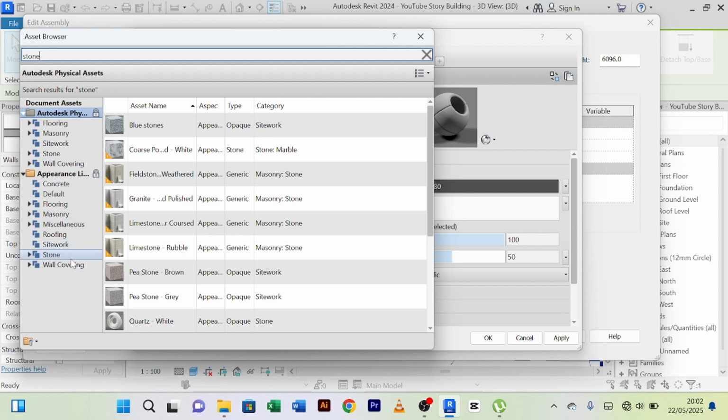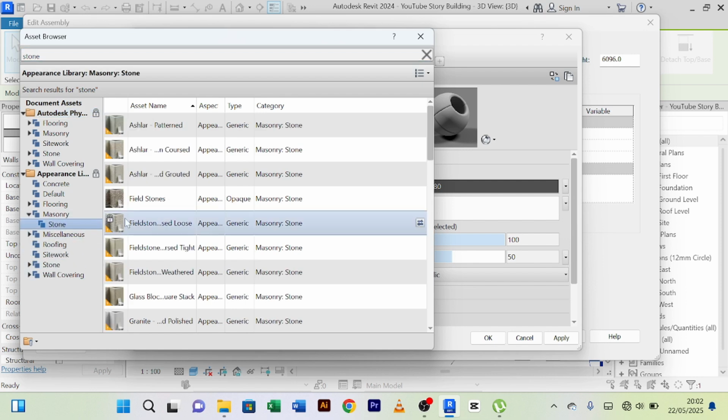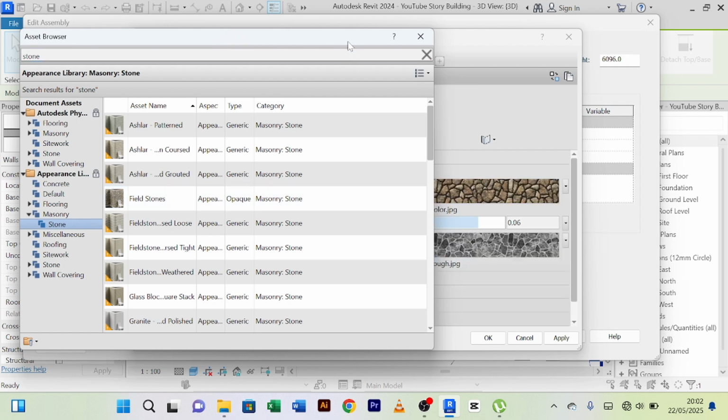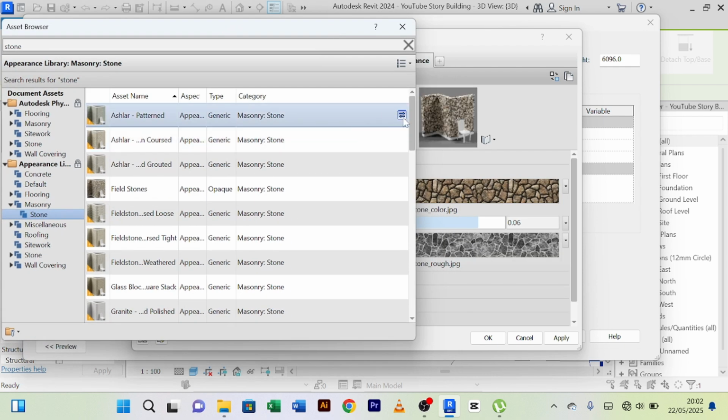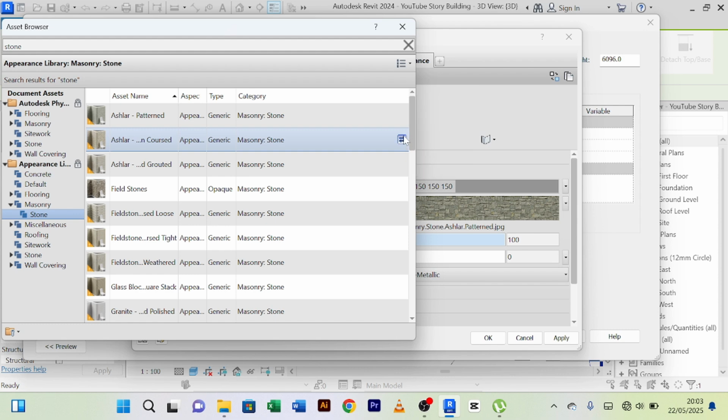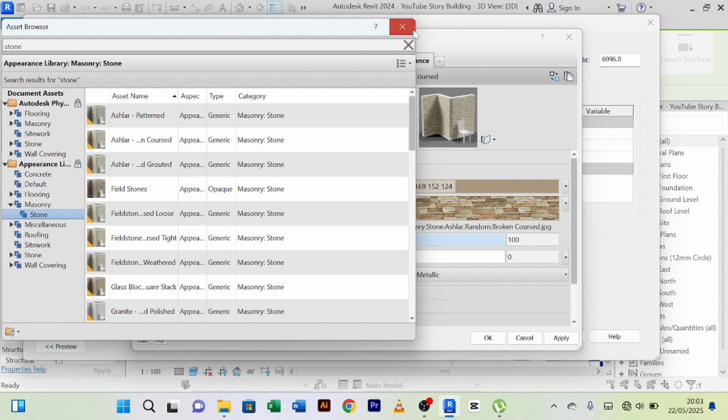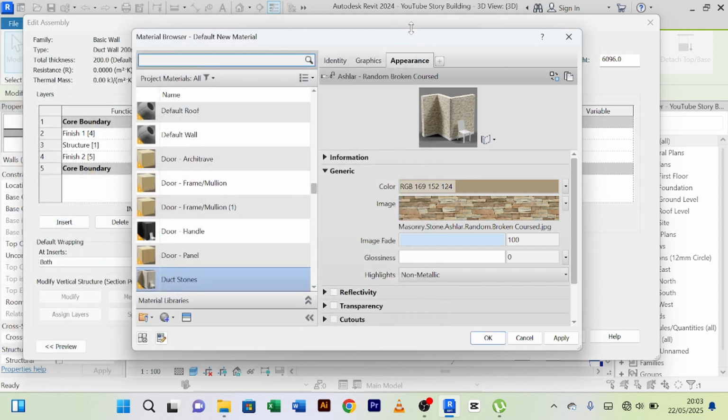For example, if we are going with this, like this, a bit of yellowish, something like that. If I say apply, and then okay,